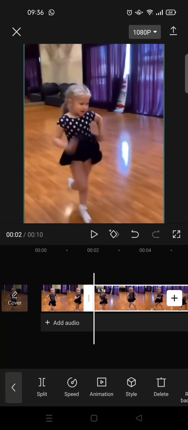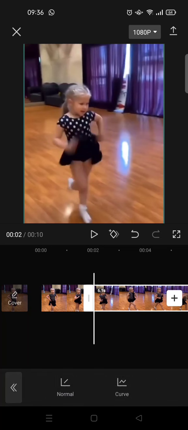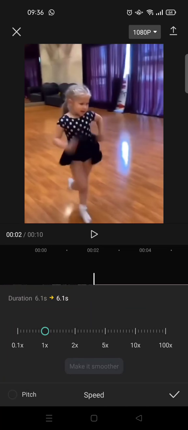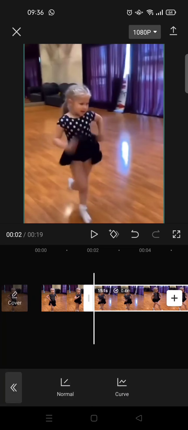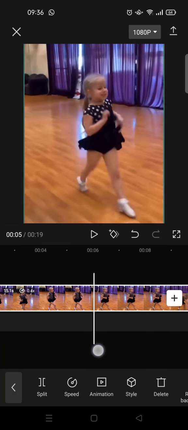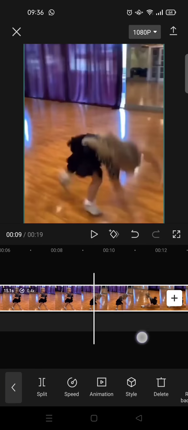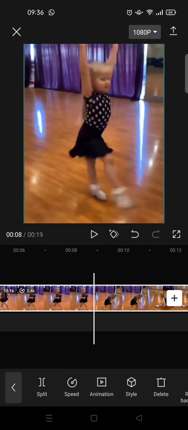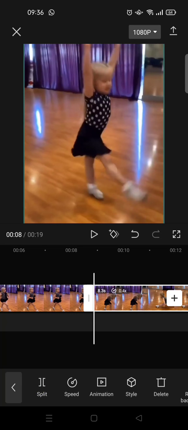Click on the video and click on split, and after that go to speed and choose normal and set the speed into 0.4x. Okay, and then click on the check icon, and after that just split the video into the durations that you like. For example, okay, I'm going to split in here. I'm going to delete